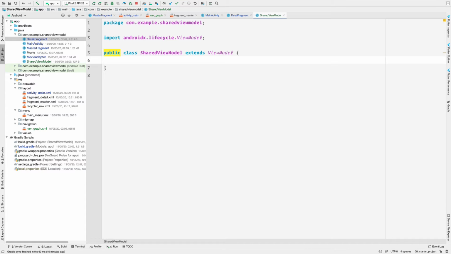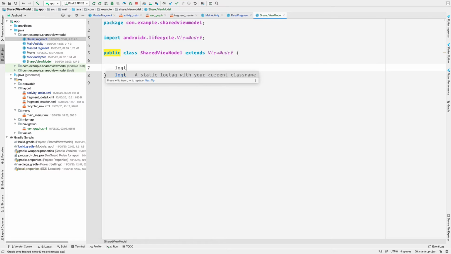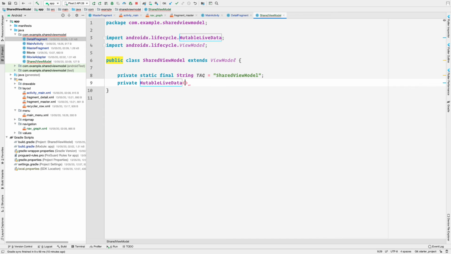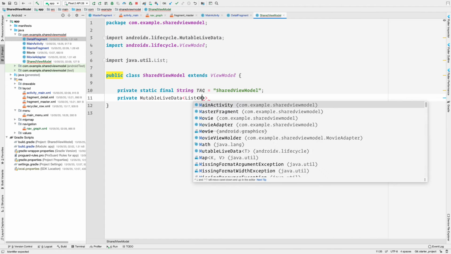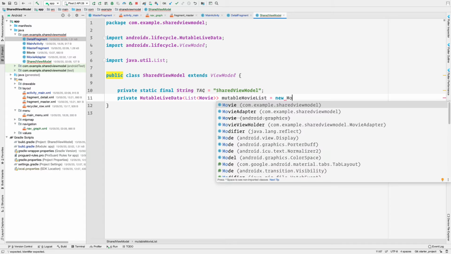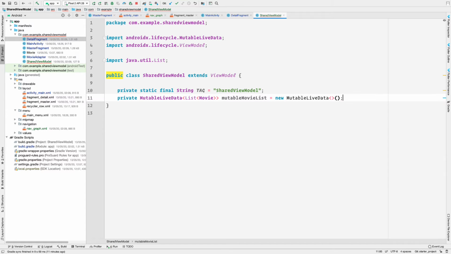Inside our SharedViewModel, firstly let me define the tag for this class in case we need it. Then we'll have a private MutableLiveData, and this would be a list of Movie, and let's call it mutableMovieList, equal to new MutableLiveData.